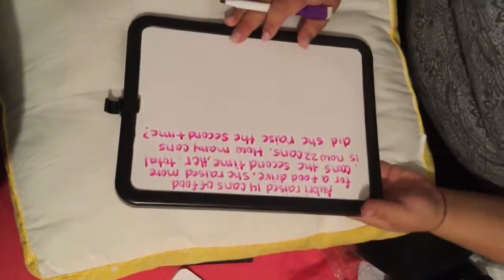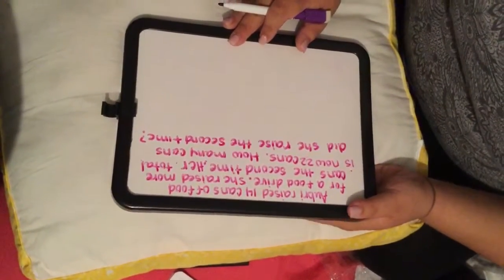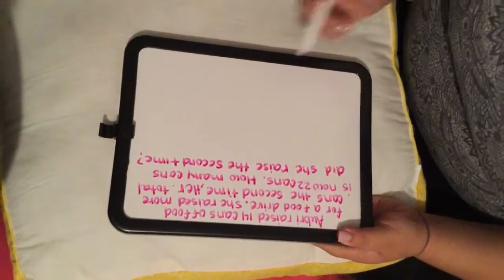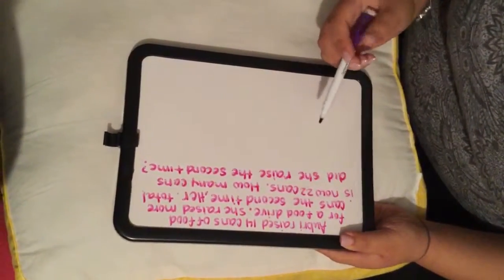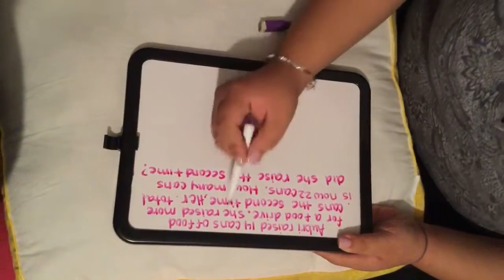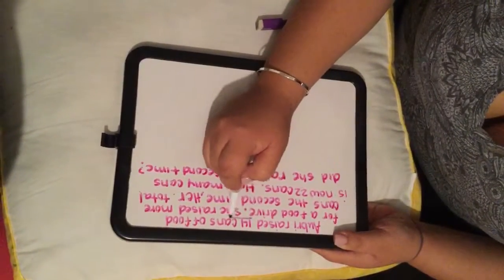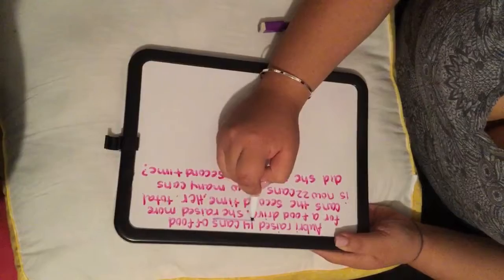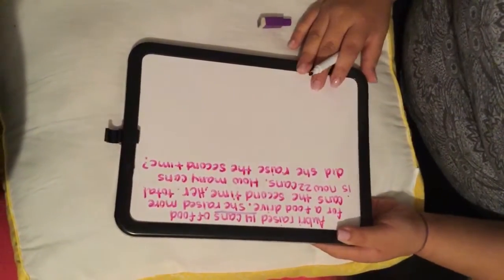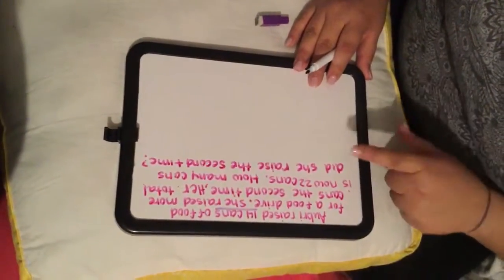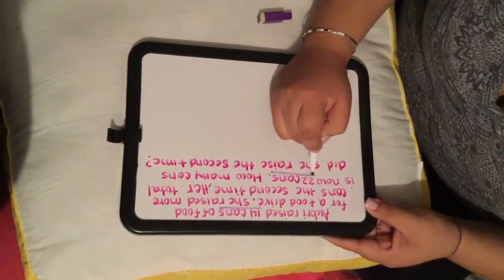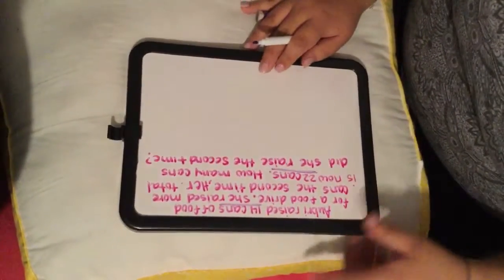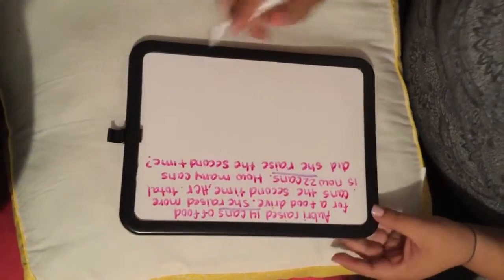Okay, so what we're going to do now is underline the important numbers that we have in our problem. So we know that she raised 14 cans the first time. So we're going to either underline it or circle. And we know that her total is now 22. So we want to be careful to make sure we do not add the